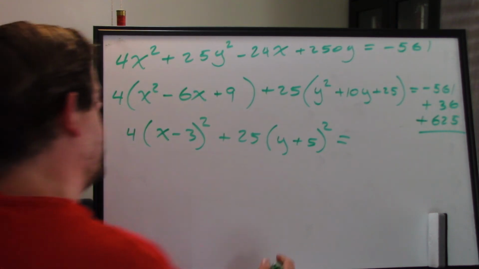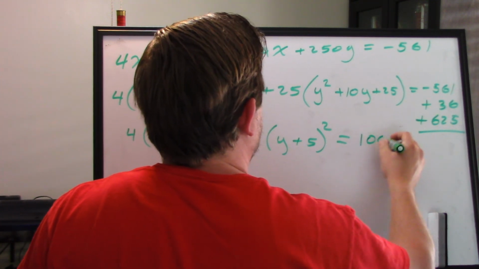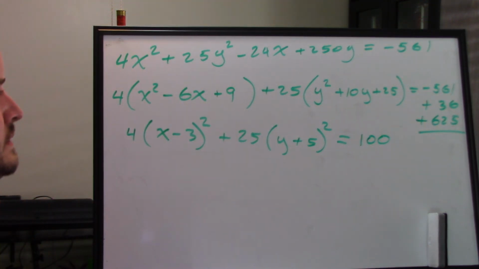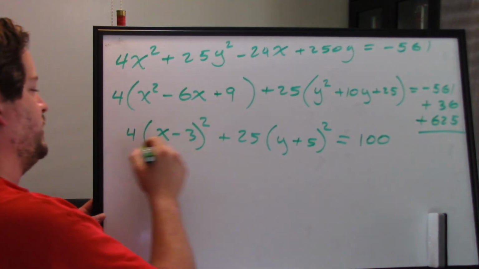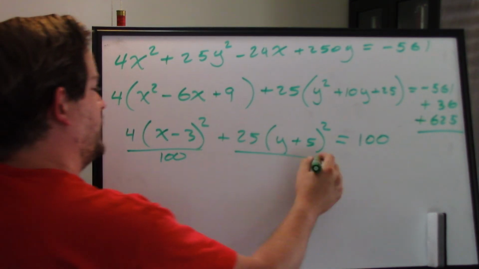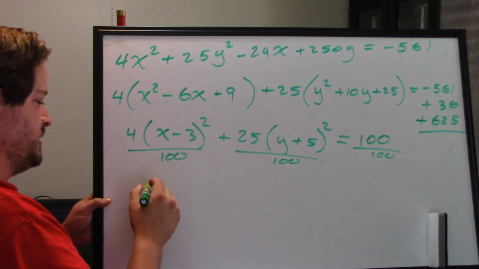That's nice, that's 100. And now that I know it's an ellipse, I'm going to divide everything by 100 to make it all equal to 1. So if I divide by 100, divide by 100, divide by 100, then I get x minus 3